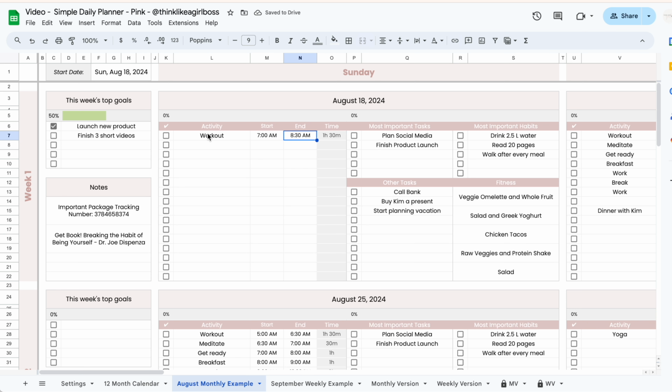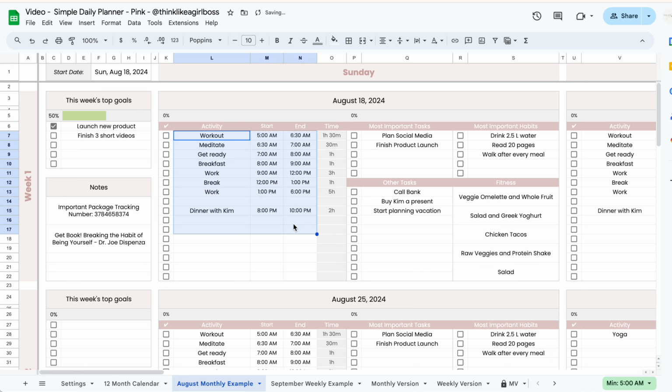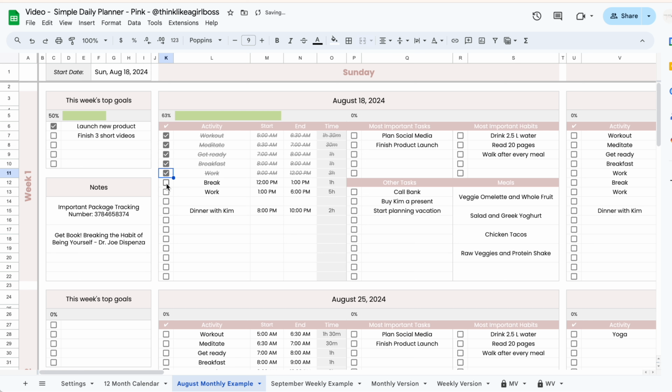As I mentioned, it's initially blank, but later in the video I will give you some ideas of how you can use this to create your own structure. And whenever you're done with an activity, you can use the checkboxes, and you'll see that the progress bar moves automatically. This progress bar over here is only connected to this schedule, and then you have 4 sections over